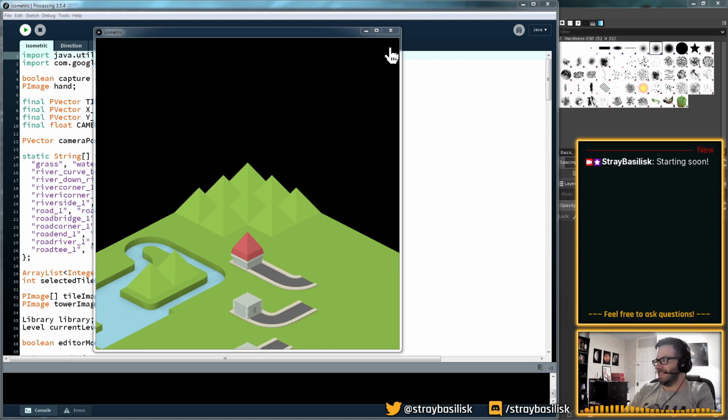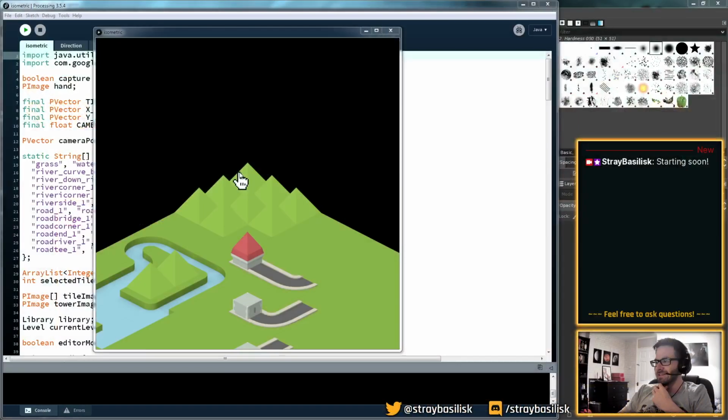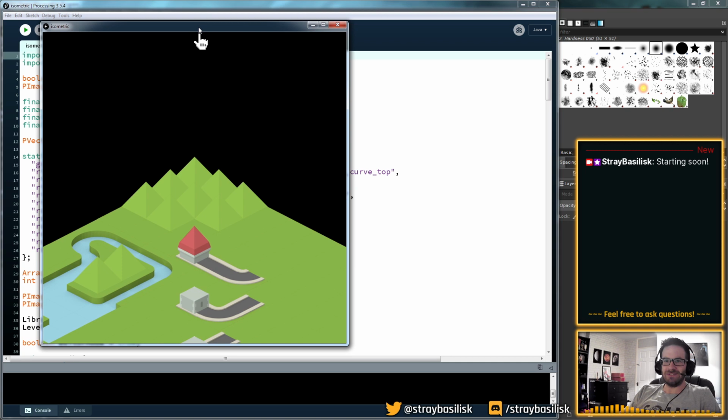This is Jason from Stray Basilisk, and today we're going to continue working on this little isometric puzzle game, which we got to start with. Oh, sorry, wrong window is in focus. I put you onto the wrong scene there. Where was I? Yeah, we're going to continue with this little isometric puzzle game, which we started over the last